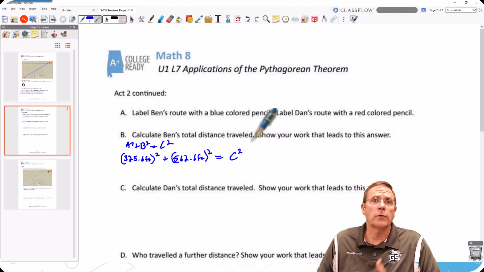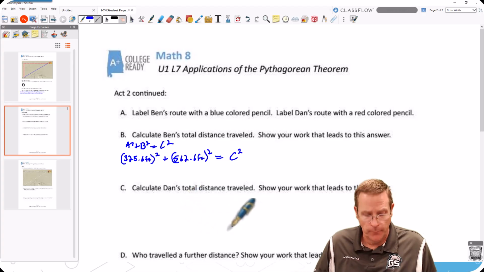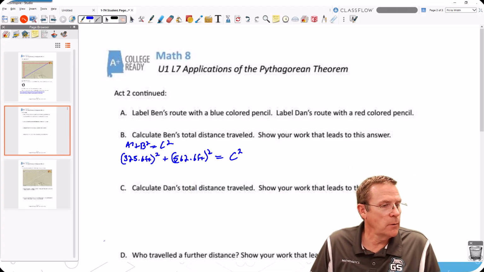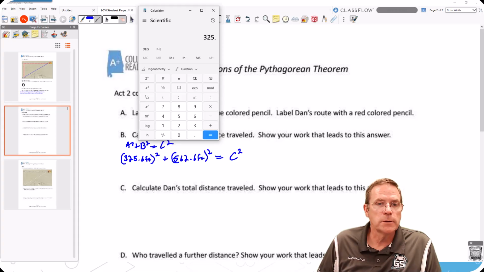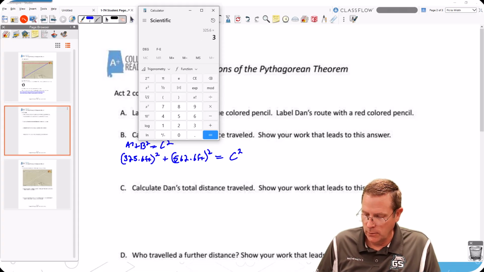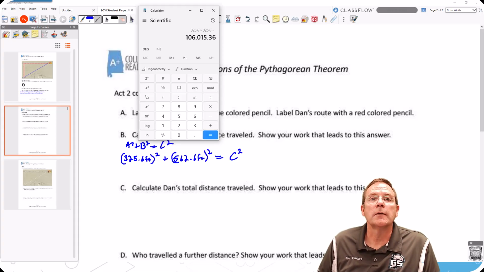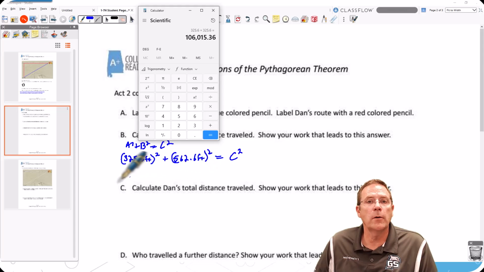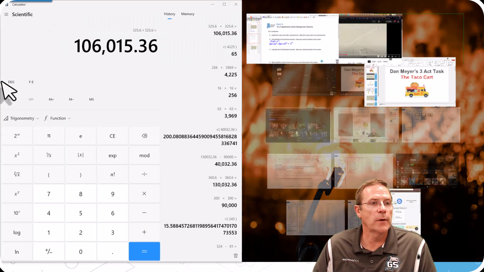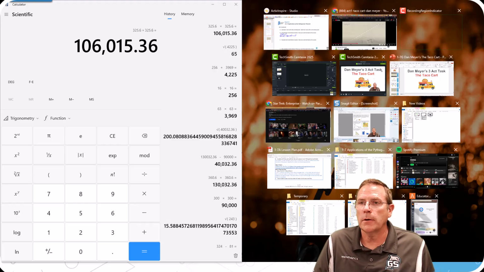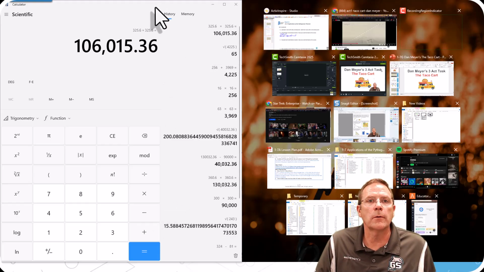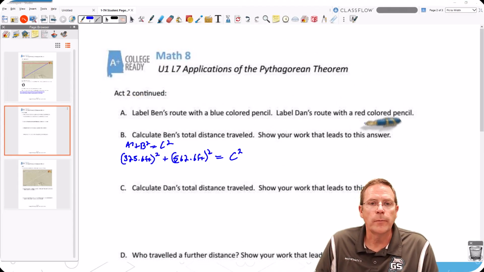And of course, we know that c is the hypotenuse. We're going to grab our calculator. We're going to take 325.6 times 325.6, which is going to equal, look at that big old number. I'm going to drag that off to the side where I can actually watch it. Where did it go? Here we go. So we're going to take from there, and that's going to be